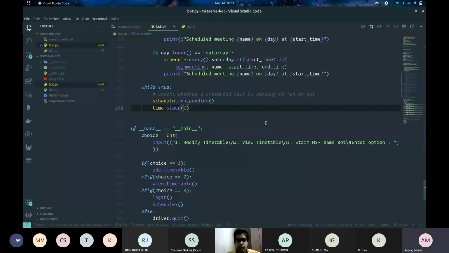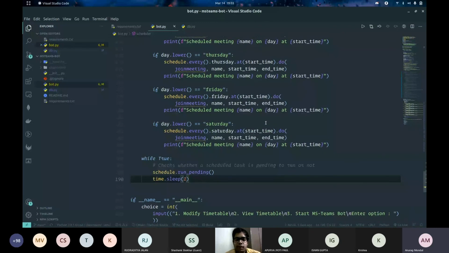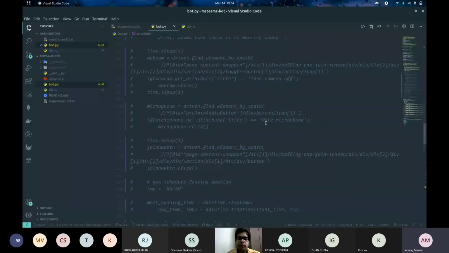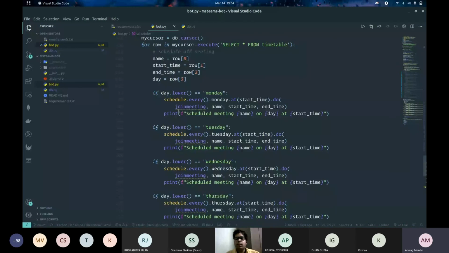Yeah. So up until now, we've basically been dealing with the database part, right? But I think it's about time that we went back to automating the browser itself with Selenium. So what we're going to do now is try and define the join meeting function, right? And this is the function that is being passed into the do function, right? This is the function that will be executed every single time we hit the scheduled time for a meeting,